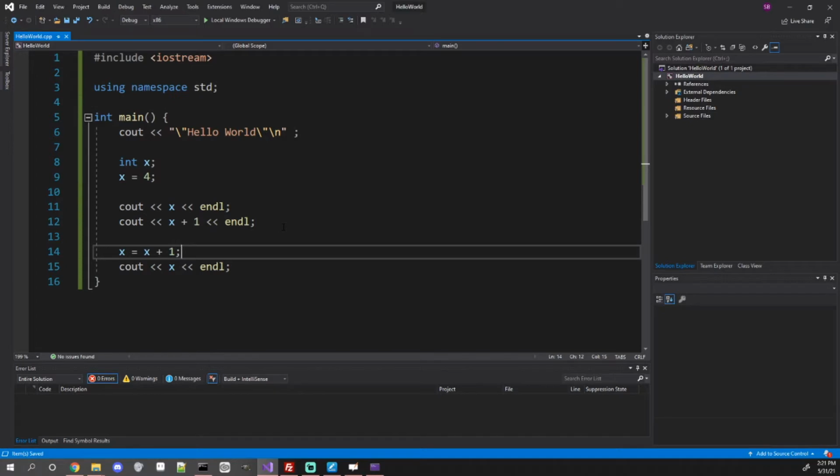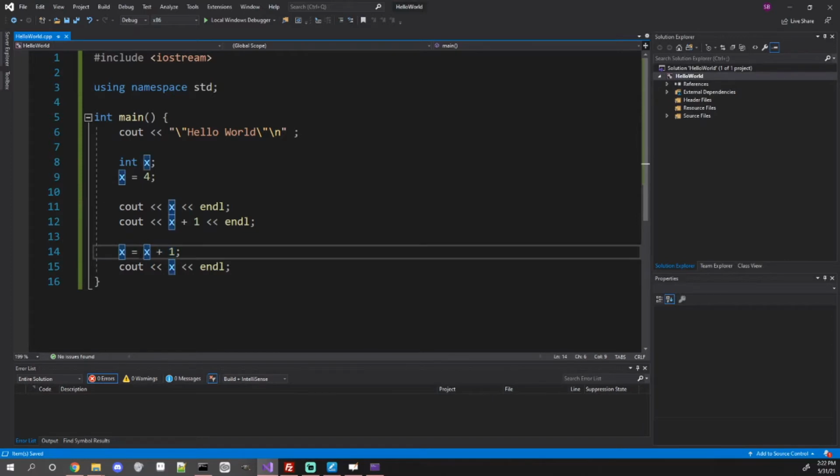So it's important to note that when we write equal when we're programming, it actually means assignment. So again, we always need some kind of variable on the left, and then on the right, some kind of expression that it will set it equal to. So what the compiler or the runtime environment will basically do is say x is 4, and x plus 1 is